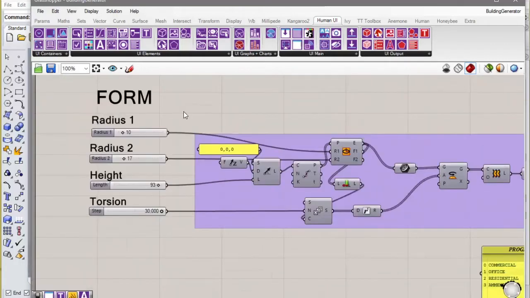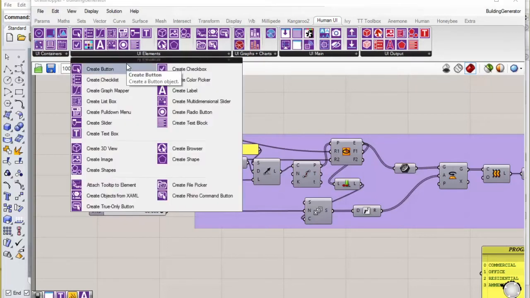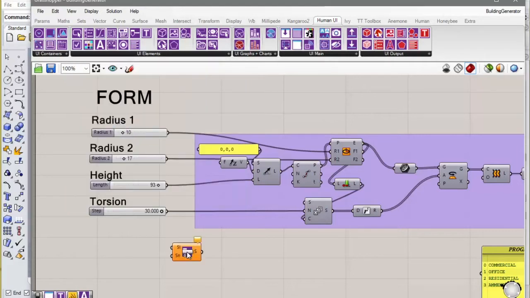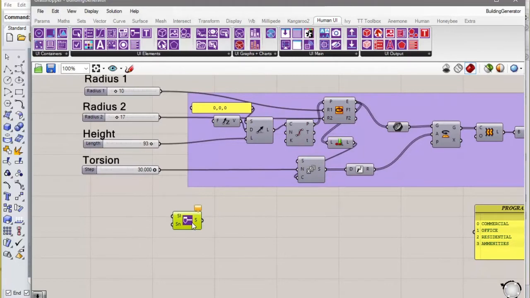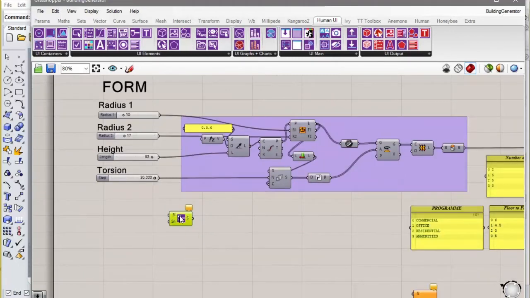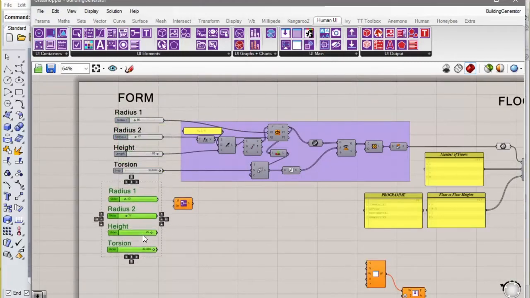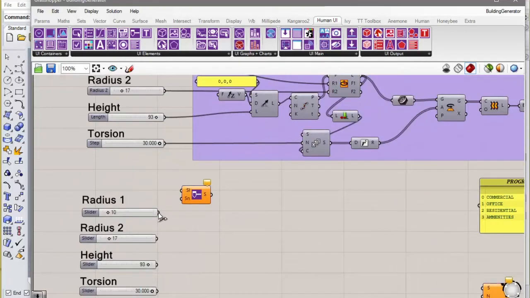let's start here. Now, as we saw in our last video, all that you have to do is to bring a slider into the window is to basically create a slider element, and what we're going to do is just copy all of these and create sliders from them.